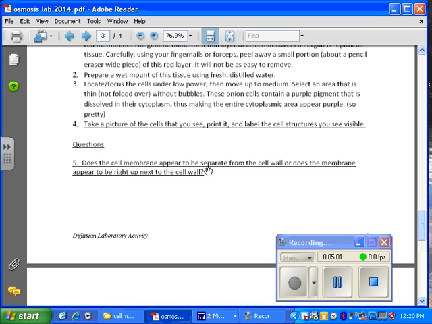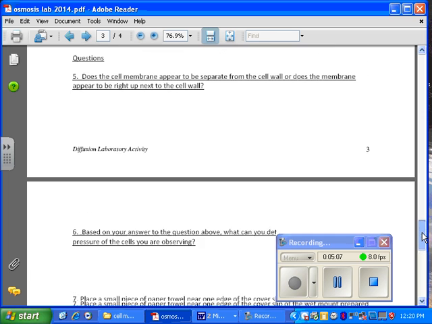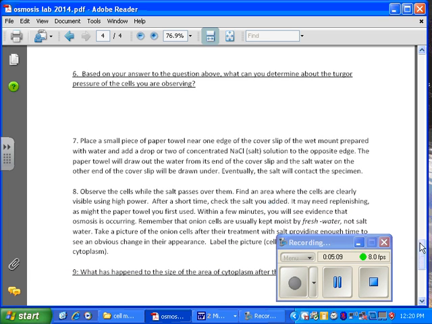Does the cell membrane appear to be separate from the cell wall, or does the membrane appear to be right up next to the cell wall? It should be right up next to the cell wall there. And so what can you tell me about the turgor pressure of the cells you're observing? Well, turgor pressure means water pressure, and so what you saw